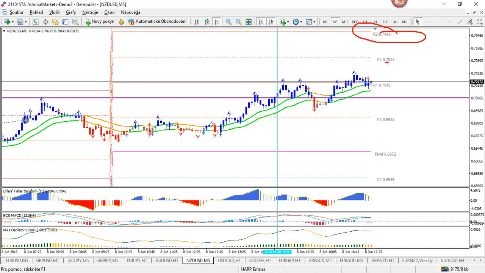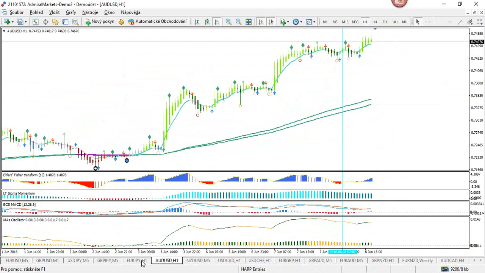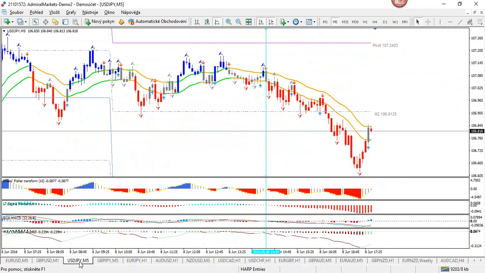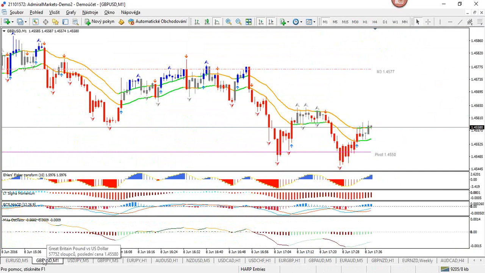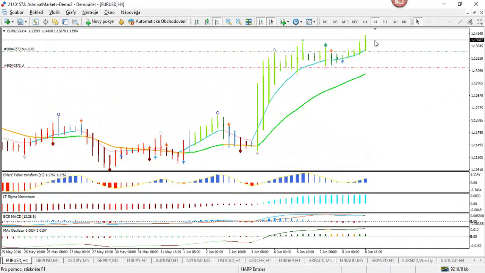So it's a fib target using the fib sequence. That's the main target, 70.50. So if this turns here like this, if we get another arrow, I think that we do have an intraday up trade on the Kiwi. So that's something I would be interested in. The Euro Yen downside potentially. Otherwise, not the Euro Dollar. I think that's moving up nicely, but I don't think that that's a good scale in at this point